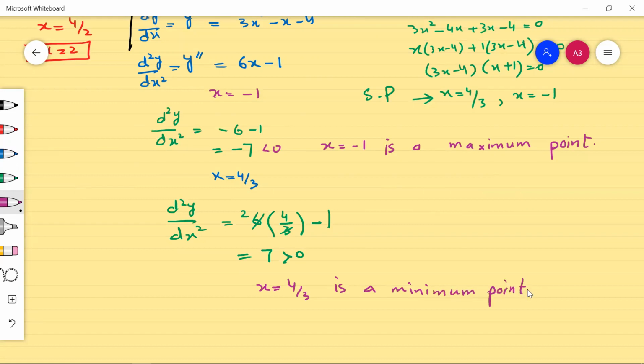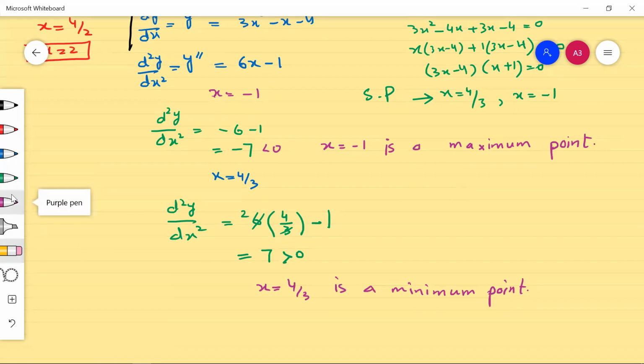This is just all the second derivative test. So let me explain it again. For example, this was a cubic function, so we have 2 points. If you look at this, the previous one is this point. This point tells us x is equal to -1 is a maximum, while 4/3 is a minimum point. This can be seen through graphical representation. I hope you got it. If not, then you can ask.